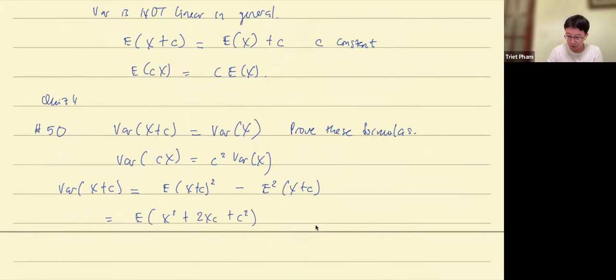Notice here I'm expanding the random variable, using the linearity of expectation. But either way, this comes out to be